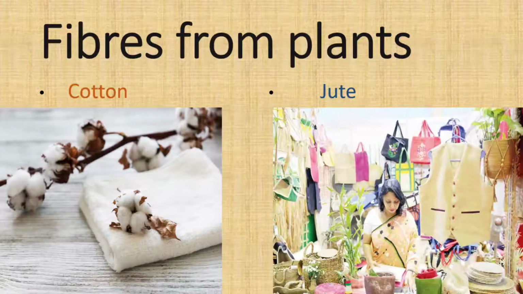Fibers from plants. Fibers such as cotton and jute are obtained from plants. Look at the picture, boys. In the first picture, you can see cotton. You can see the plant kept there. Cotton means kapas. And shorts, frocks, bedsheets, handkerchiefs, etc. are made from cotton fibers. And mats, bags, baskets and ropes are made from jute fibers. What are fibers? Fibers are the thread we obtain from plants, and the fibers are used to make our clothes.